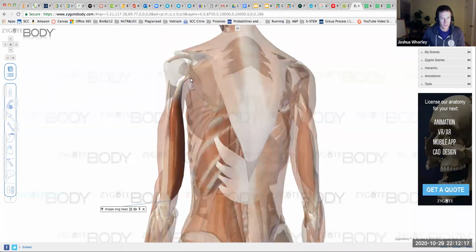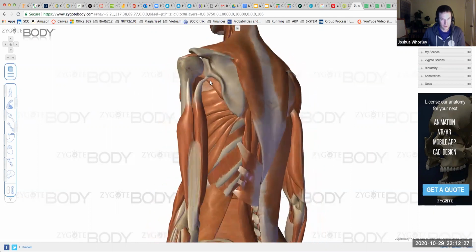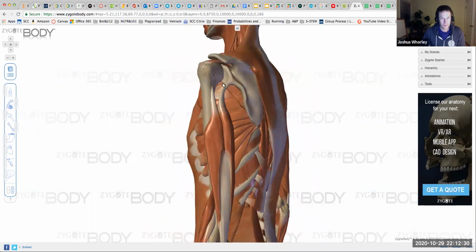Then we've got this other one on the inferior infraglenoid tubercle of the scapula. Maybe you can see that, but it's basically on the inferior margin of the glenoid fossa of the scapula. And then the medial head,